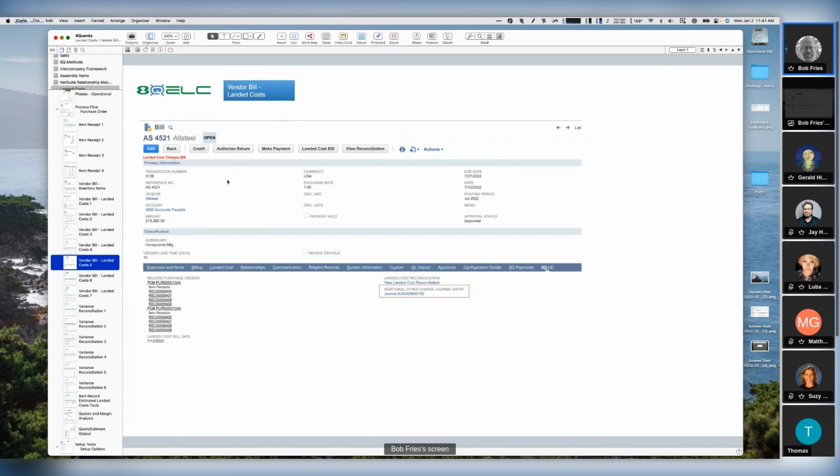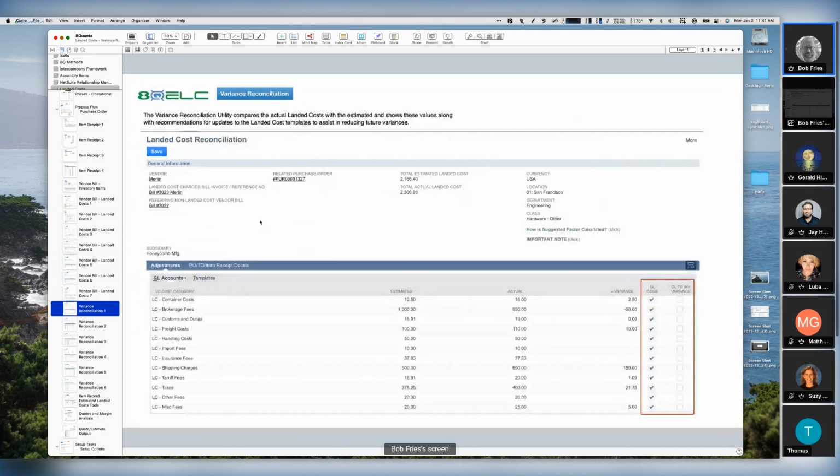There is, once the landed cost charges bill is saved as approved, I should say, and by whatever approval workflow they may have in place, there will be a button here called reconcile. So you can click that button once you view the landed cost charges bill and jump to this reconciliation screen here. And essentially it's going to populate all of the information from the landed cost charges bill. It will give you the links to the purchase order, what the landed cost charges bill linked back to that,